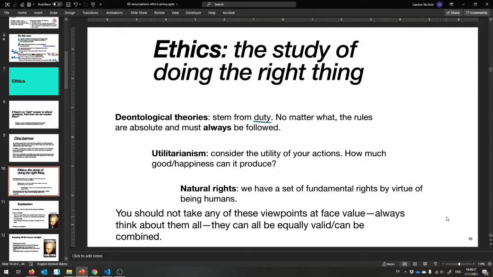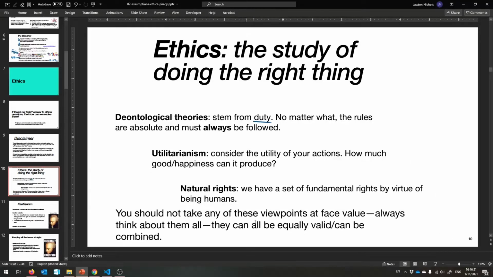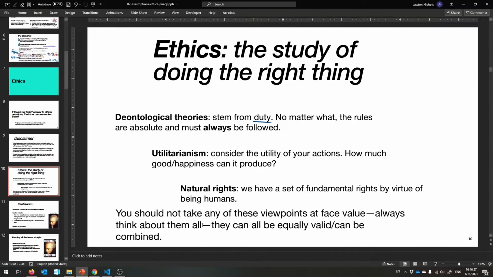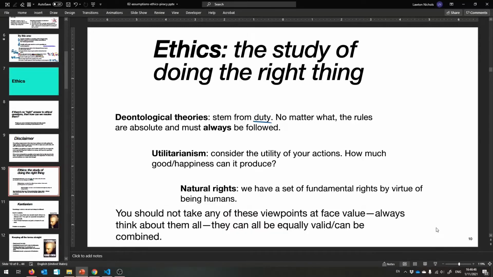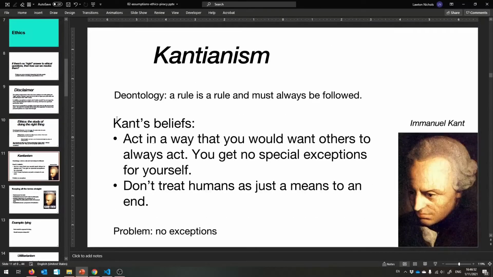Okay, that is like 3 major ethical theories, and you shouldn't believe any of them. Okay, you should always pick apart your argument. Always think about each one of them as they apply to a specific topic, and maybe you can combine them, or maybe they all make sense, and you have to choose at the end of the day. Like, what do you do? The burden of choice is on you.